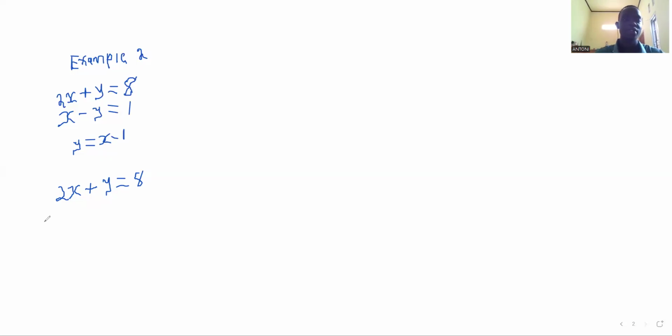So if we do that, then we are going to get 2x plus y, now you close this, to be plus, because where there is y, you put x minus 1. So this is going to give us